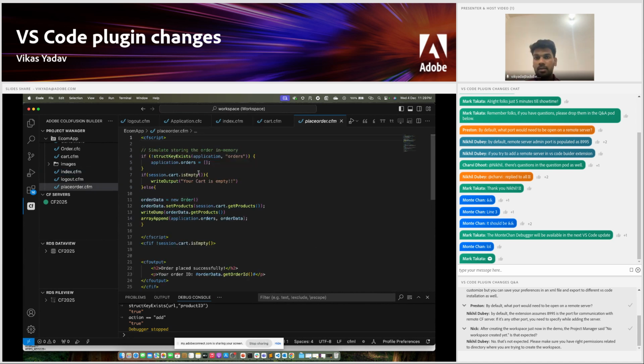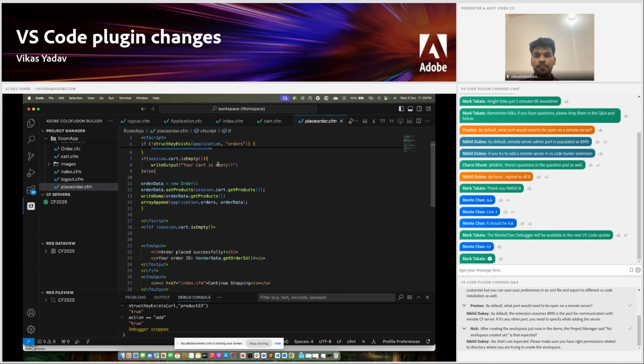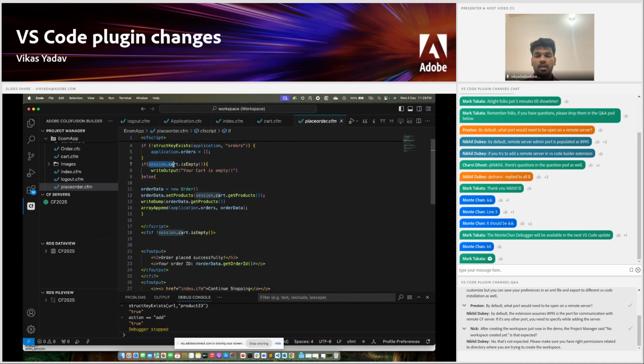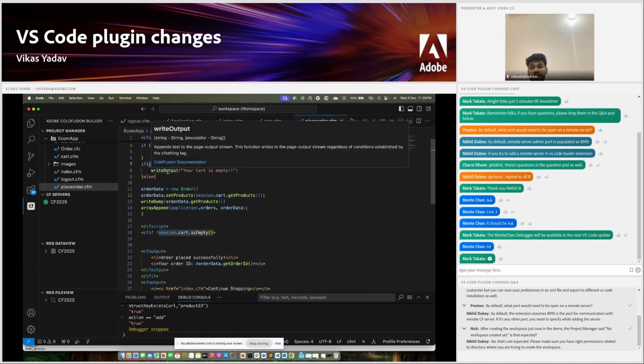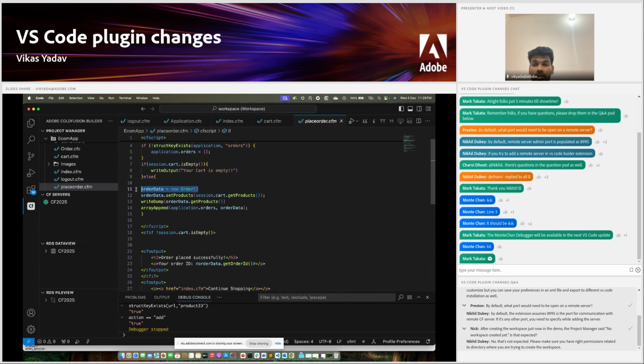So what it does, it checks if orders are available as a part of application. If it does not, it creates an empty order. And if session.cart is empty, it just writes to the output that your cart is empty. Otherwise, if cart is not empty, it creates an order. We'll see what exactly